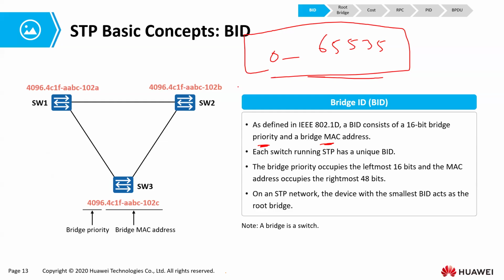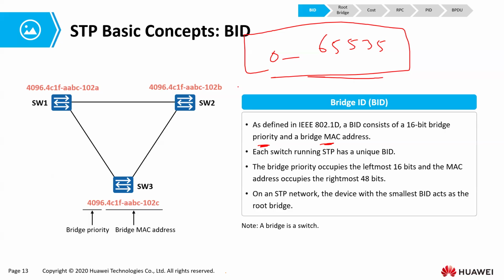We have what we call the root bridge. So in an STP network, there's an election process. You need to choose what we call the root bridge. How we choose the root bridge: we compare my bridge IDs, so we compare my priorities and my MAC addresses. The one with the lowest bridge ID becomes the root bridge, which is very important, identifying the root bridge. So the bridge ID is used to elect the root bridge, and it is made up of the MAC address and